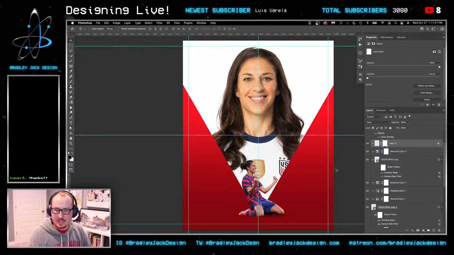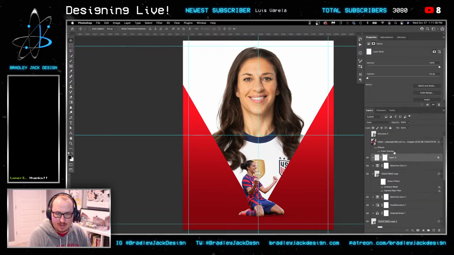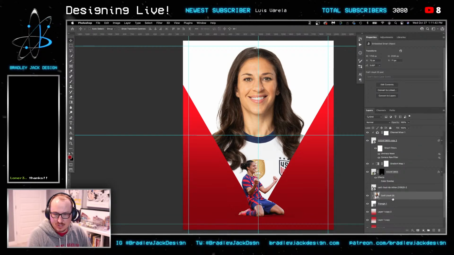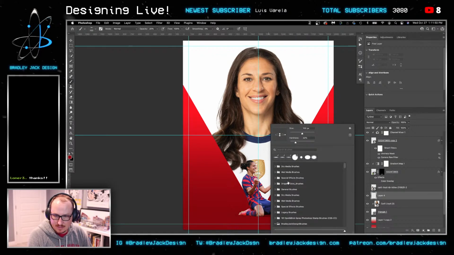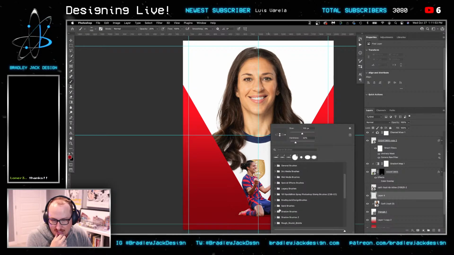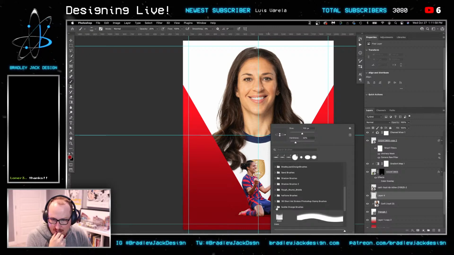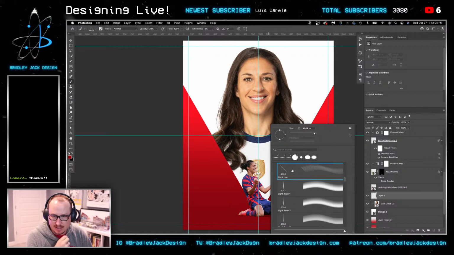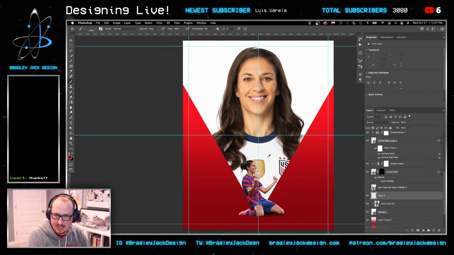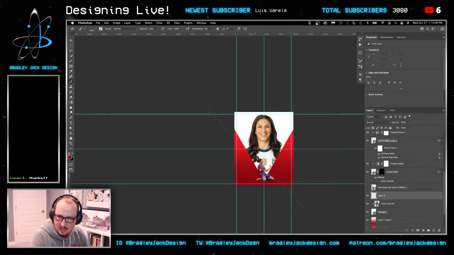So one thing I want to do is I want to make this edge here. This is just like a plain triangle, which I don't want. I want it to be cool. So what we're going to do is we're going to take some brushes. And I use a lot of stuff that Ethan J Design made because it's nice. He has some brushes that I used a lot. He's got these light lines. And I like using these because they allow me to